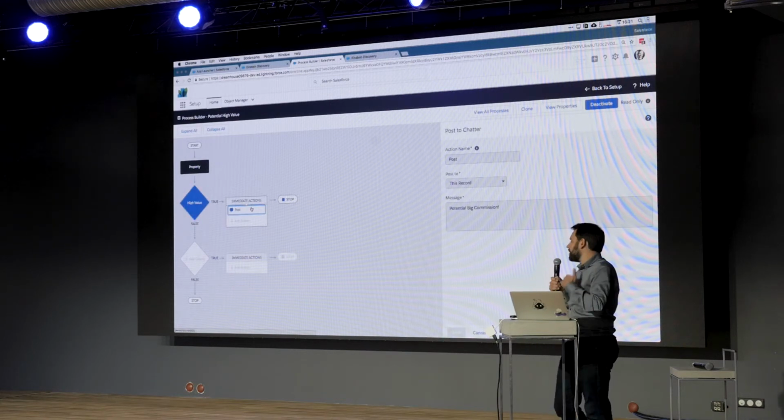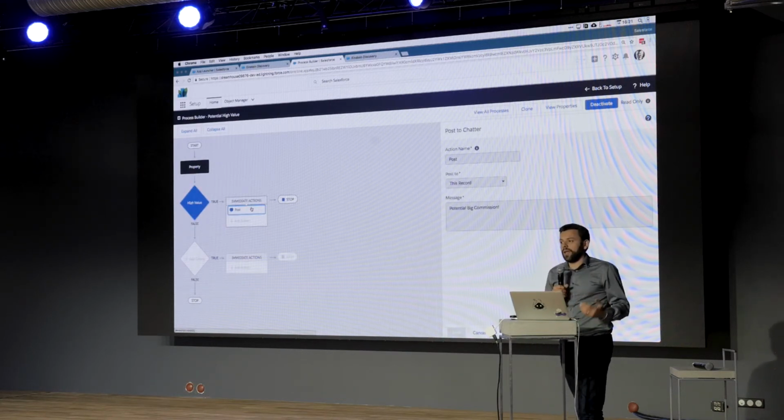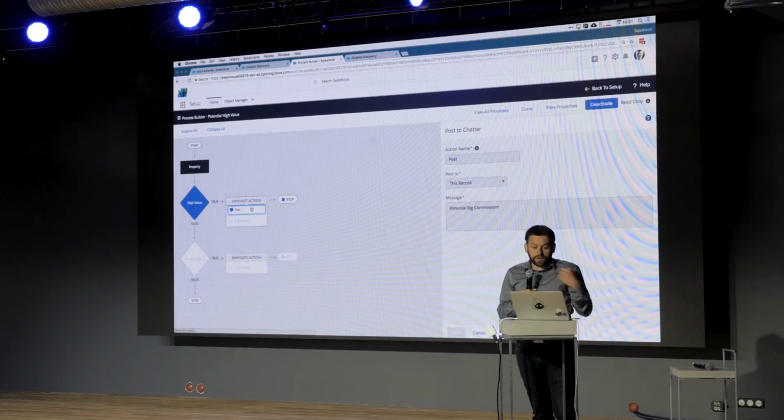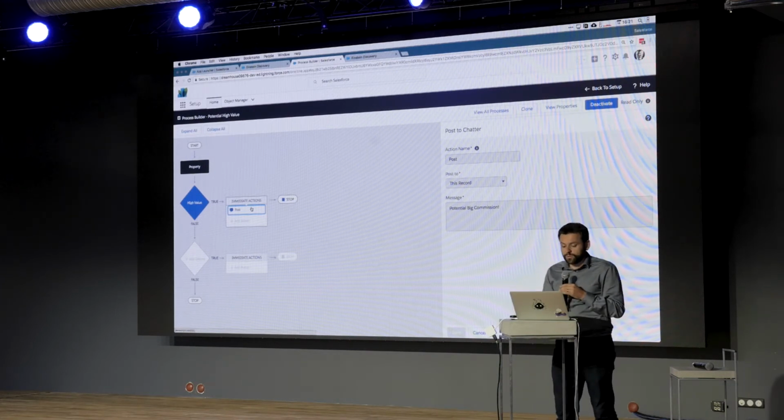But of course I can do whatever action I want. I can do the same with another trigger if I want, or with workflow rules.